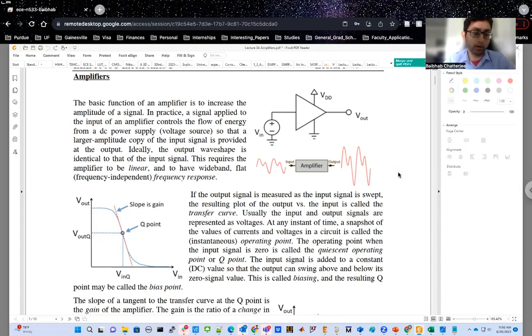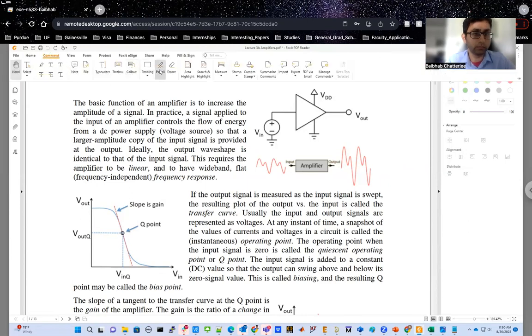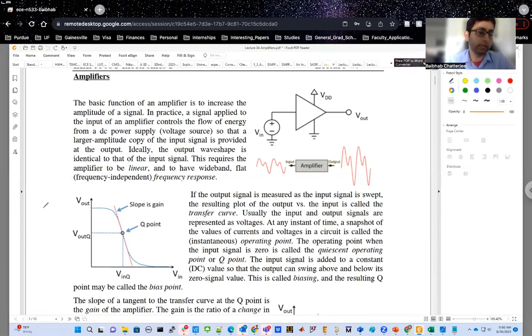Now, during Monday's class, we had started discussing amplifiers, and we talked about the gain of the amplifier in the form that the gain is basically the AC output voltage divided by the AC input voltage. If we write that down in terms of equations, the overall voltage gain in this case, let's write that as AV. So this is a voltage amplifier, and that voltage gain is written as del V out, which is an AC quantity at the output,